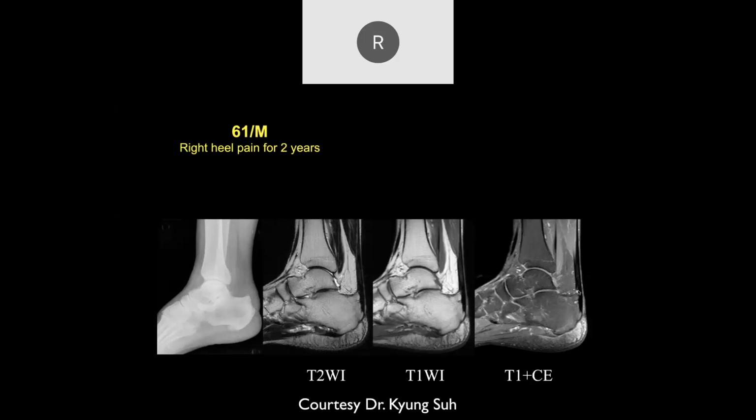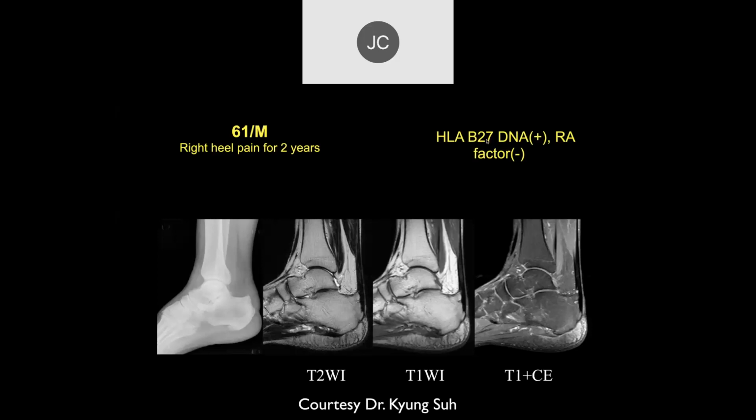There's a little irregularity of the calcaneus back there, and probably a little bit of a Haglund deformity here. Here it looks like there's a little bit of soft tissue thickening back there, which I don't appreciate so much on the MR examination. This patient was